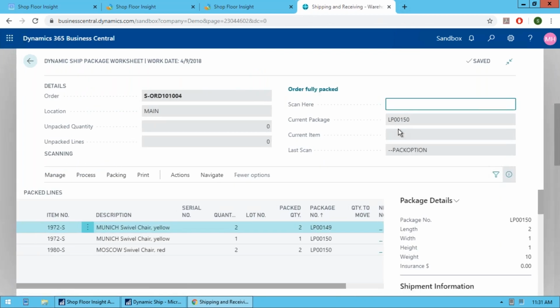All right, we can also print return labels. So if you're in a situation where you always send a return label along with the shipment because they're doing a core return or whatever, we can do that on the fly. You can also generate return labels a month later. Customer phones up, needs to ship something back. You can generate a return label for that shipment, email it to them as a PDF,